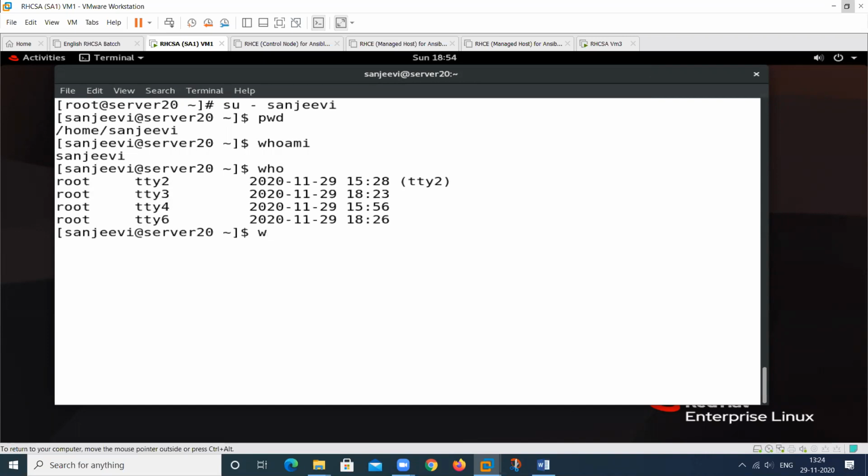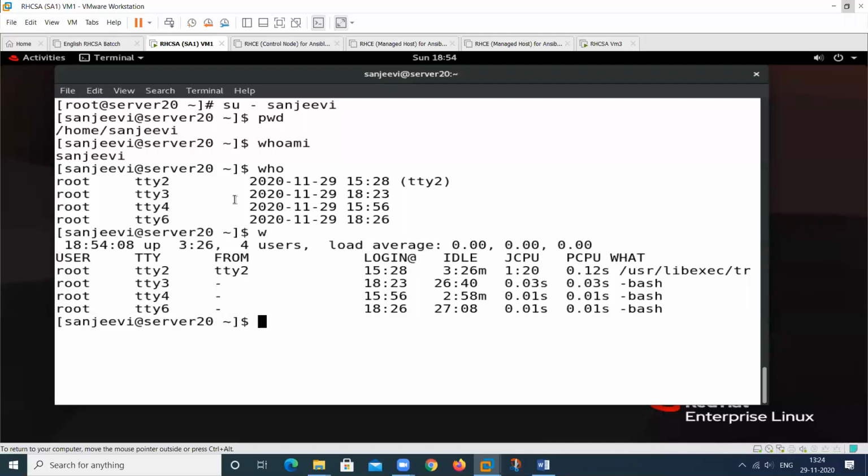And when we type w here, this will show me the local login information and remote login information. So this is a local login. From means locally. If we see here the IP or the host name, then it means it logged in remotely by using some program.